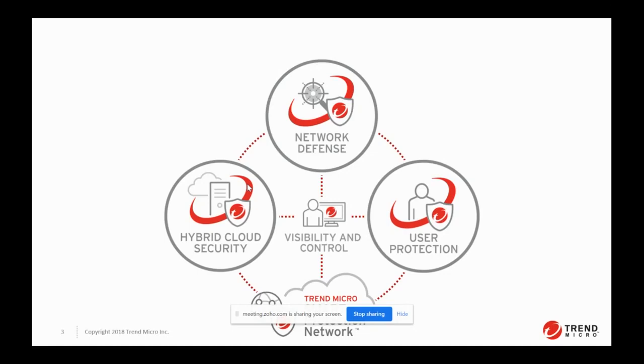So the core switch can see all the traffic, so it can inspect everything. It has integrated with Deep Discovery. You have integrated sandboxing, and our sandboxing is very specialized because we are using custom sandboxing, unlike the other vendors. So the benefit of using custom sandboxing is we will inspect only the targeted threats to your enterprise